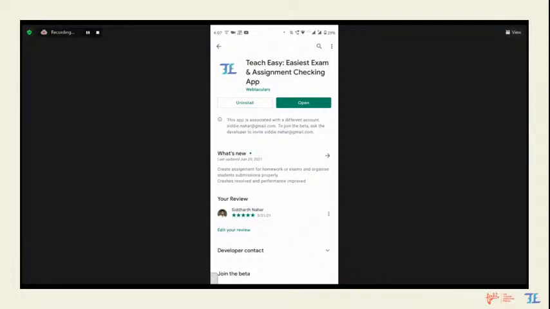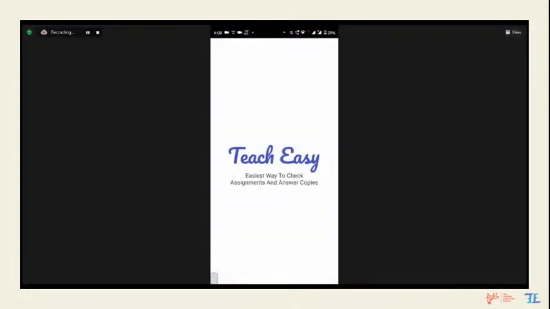I will take it really slow so that everyone is on the same page. I'm seeing a few chat messages where people are saying they have already installed, and that's really great. We'll take another 10-15 seconds to wait for teachers who have not installed. Please go to Play Store on your Android mobile phone and search for Teach Easy. There will be an install button that you can use, click and install the app. Once the app is installed, we'll just open the app.